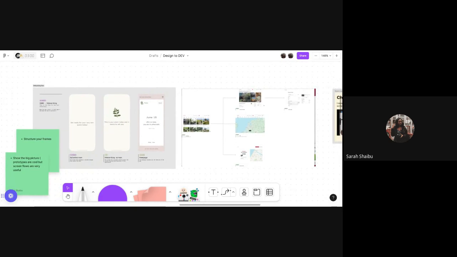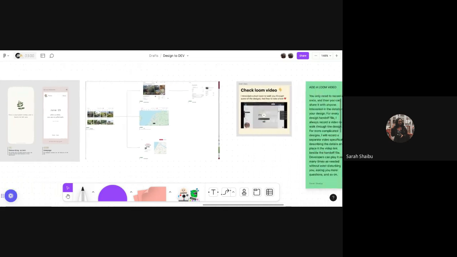Another thing that's very important that I've heard from developers is they like prototypes because prototypes help them with the interaction design and they understand how things interact. But oftentimes it doesn't show them the big picture. So also consider doing screen flows, which is very useful. That means taking your final design and laying it out and using arrows to show how things interact. If this is something that maybe causes you a lot of stress, maybe you can negotiate with your developers to not do that. But I've gotten a lot of feedback from developers that they like to see a map of the final design and see how things interact.